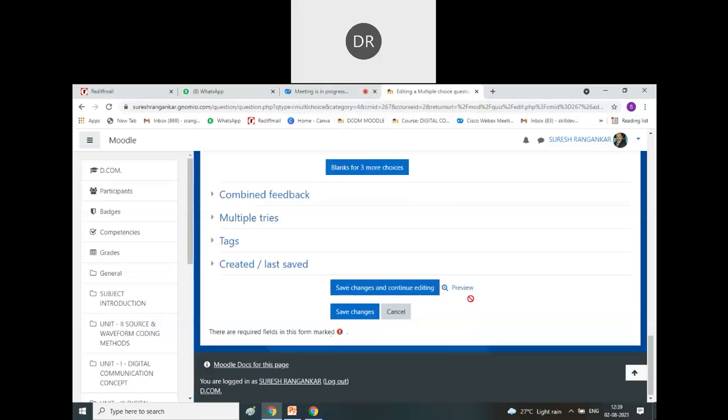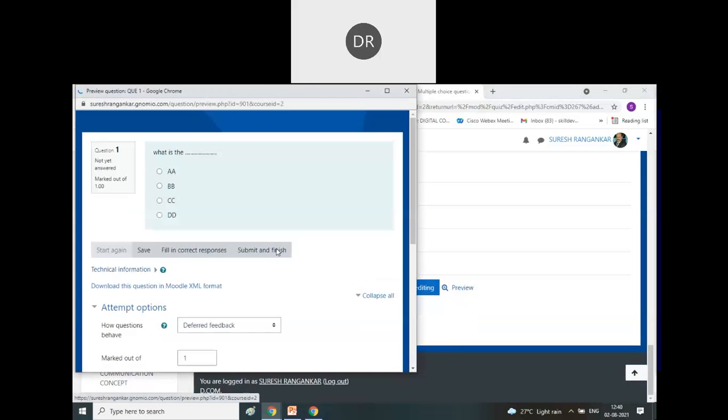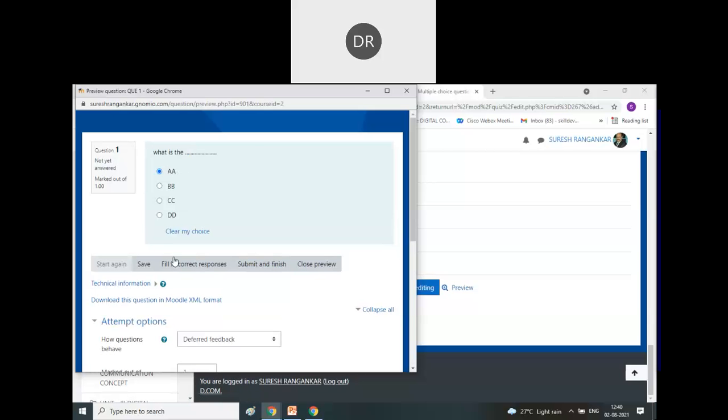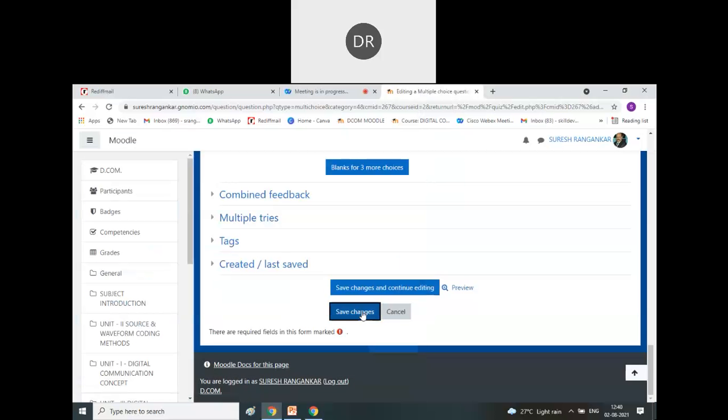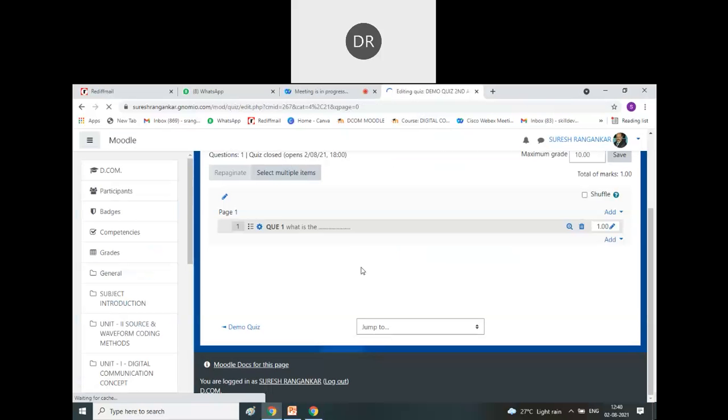Now you will find the preview option is there. You can preview the framing of the question. So यहाँ पे क्वेश्चन आएगा, यहाँ पे ऑप्शन आएंगे. Okay. Now you can just recheck by filling in the correct option. तो मैंने A को 100% दिया, इसलिए यहाँ पे सिलेक्ट हो गया and it shows the correct answer. So you can preview the question also and finally save and changes. Okay. So this is the first question. This is the question by question framing. Okay. So I think we will take break here.